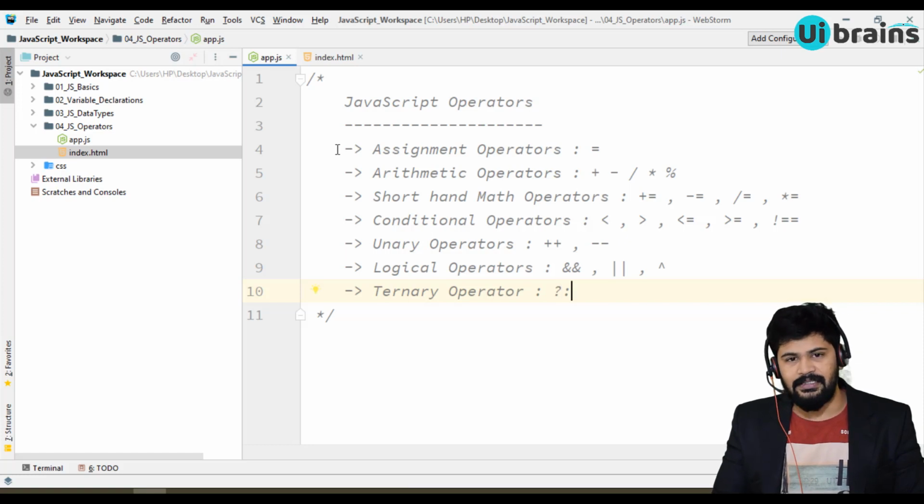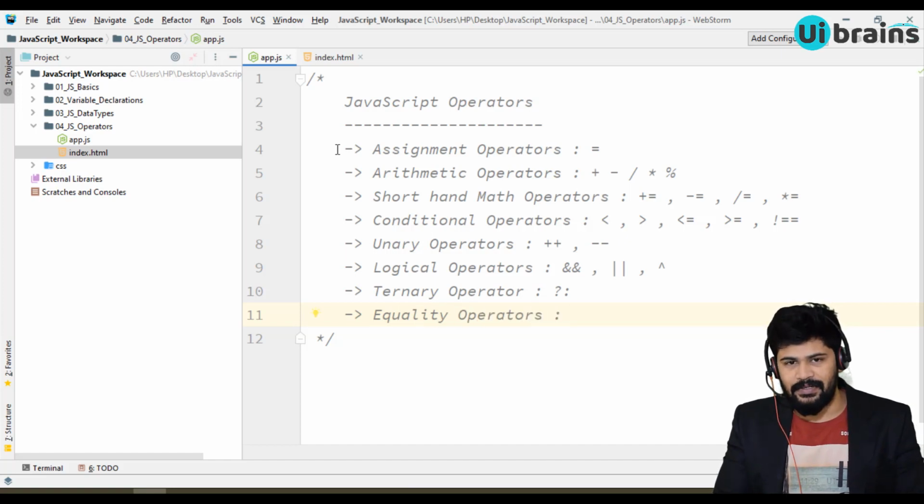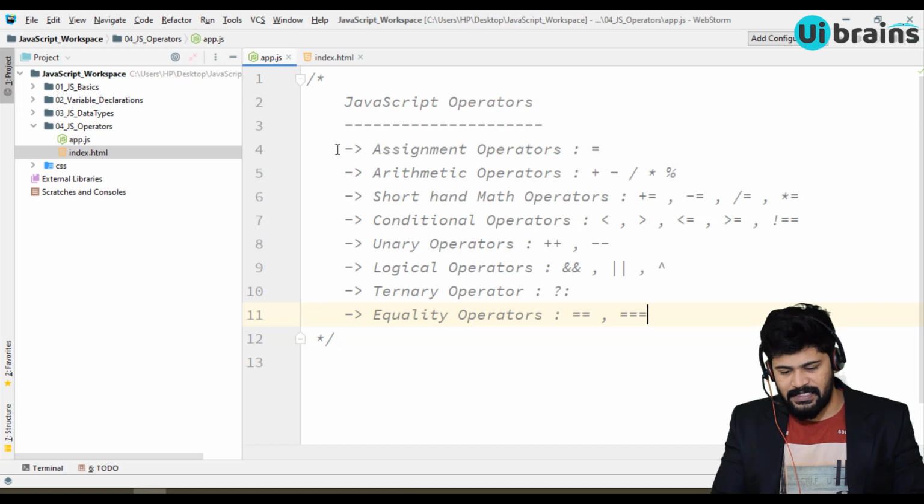This is called a ternary operator. And then we also have equality operators. You can check the equality between two variables with double equals or triple equals. So in JavaScript we have triple equals also. These are the different types of operators. So let's start with examples of all this.